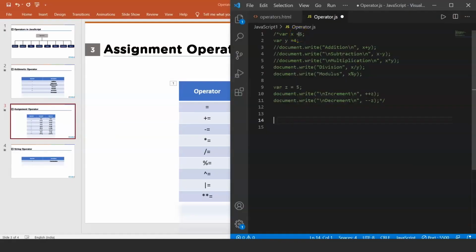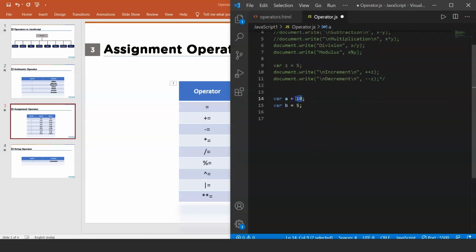So here we are, guys. Let's declare a few variables. Let's say we are declaring a variable a and we are giving it the value 10, suppose. And we'll declare another one, let's say var b, and give it the value 5. So for assignment operators, what does an assignment operator mean? We have used the equal to sign here, right? We have used a equals to 10. This means whatever value is present on the right side of the operator, like here it is 10, it will be assigned to the variable a. I hope you guys are getting this. Keep this in mind. So we have the value 10 and we are assigning this value to the variable a.